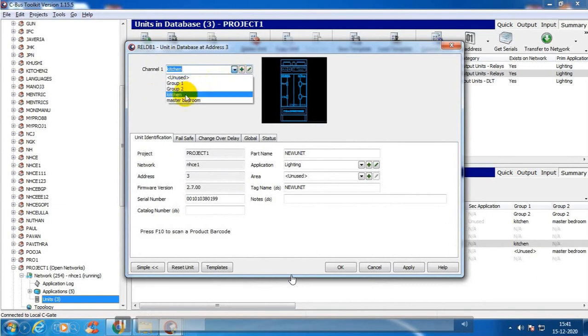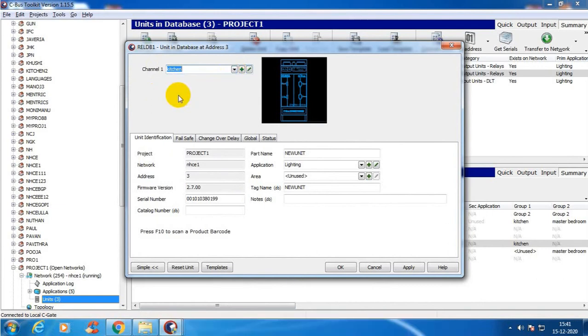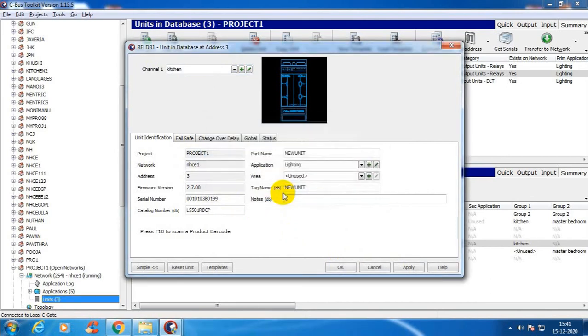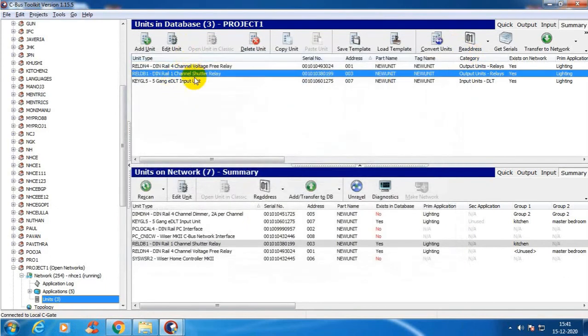Here I selected this as kitchen and it is the project with the name project 1 and NHCE1. So it is correct. So apply, and before OK, it is only saved to database. Then click OK. These 2 things are configured, that is the LED for master bedroom and kitchen.